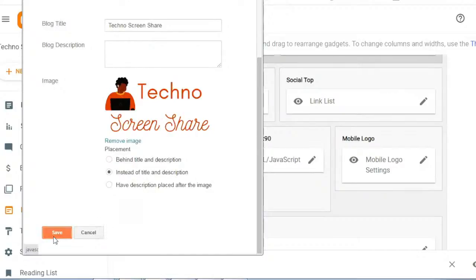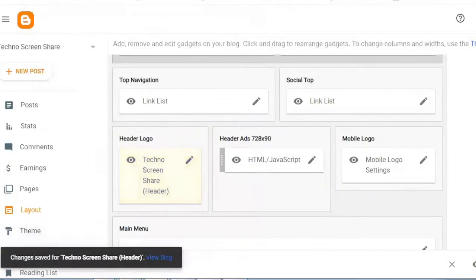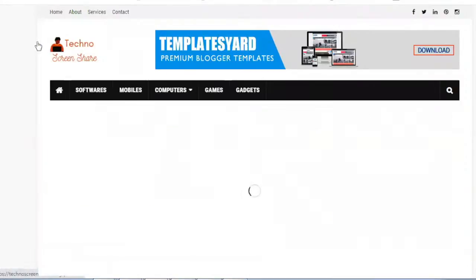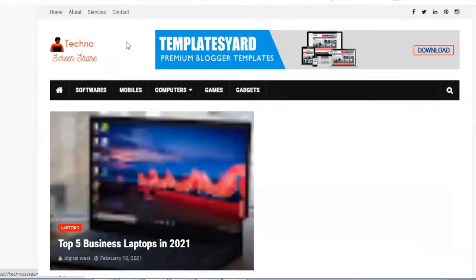Click on save, and again click on save and refresh your website. It will show like that, as a small image.